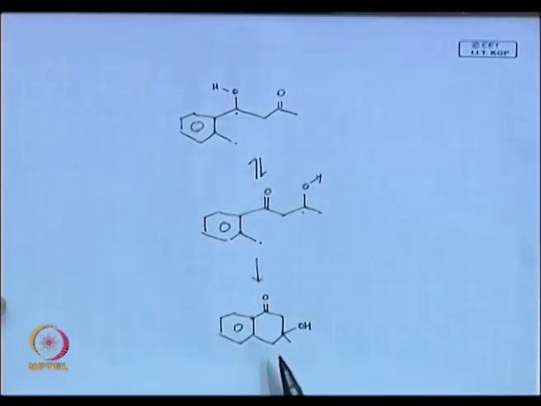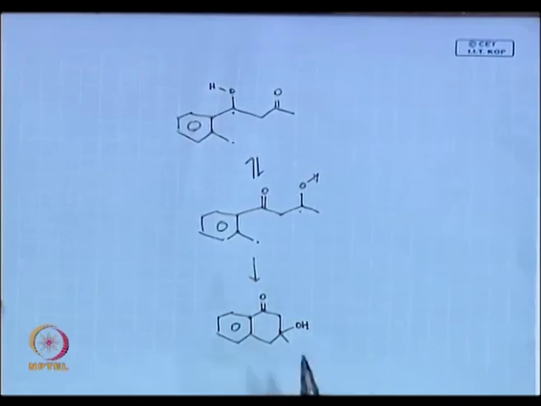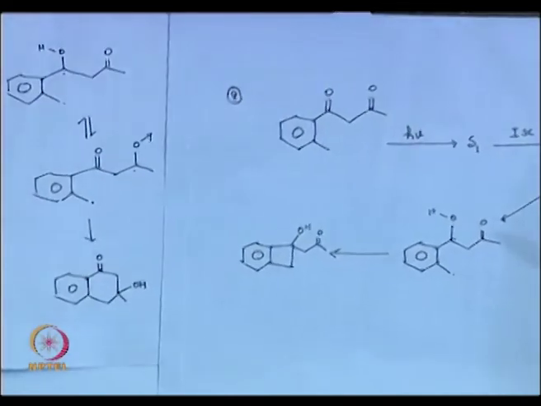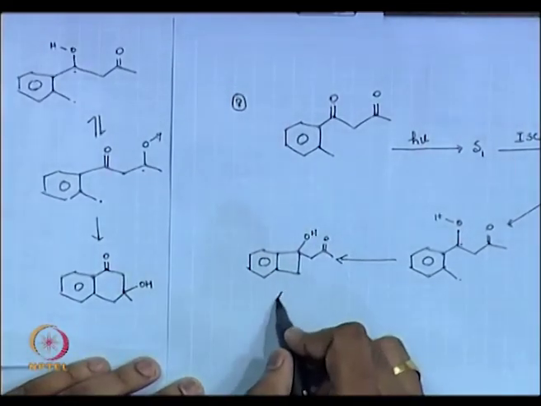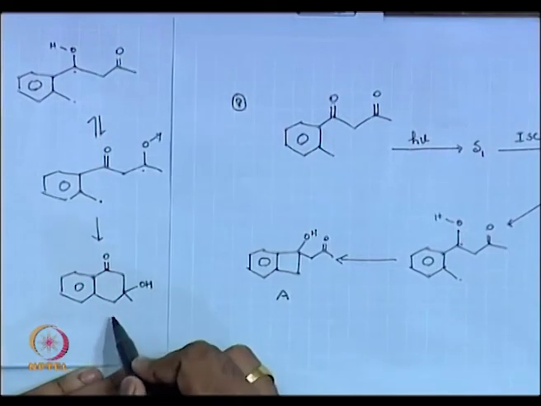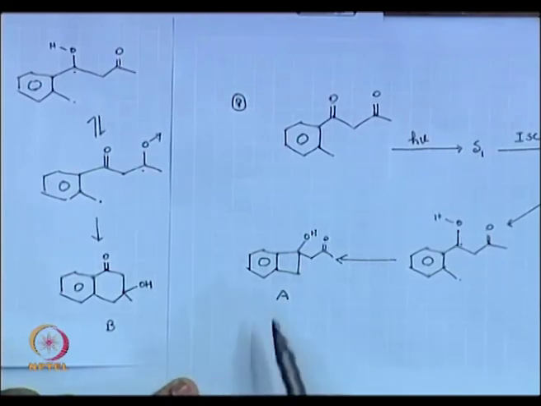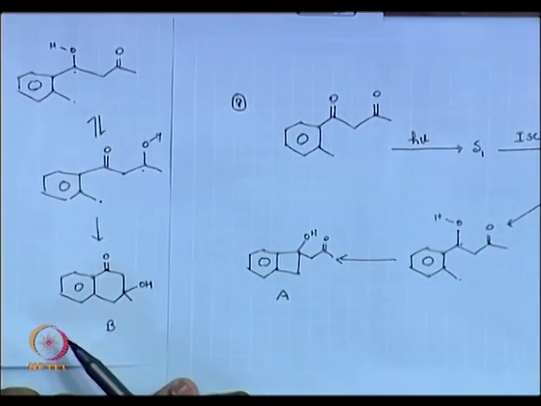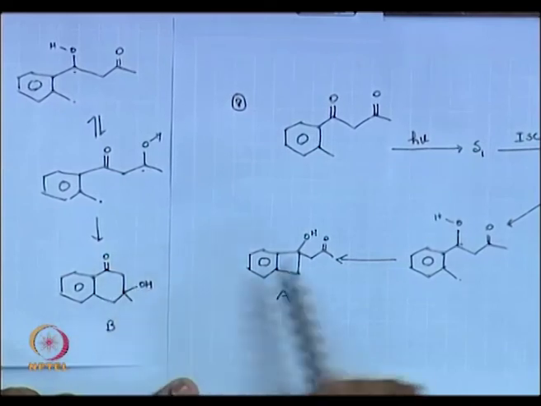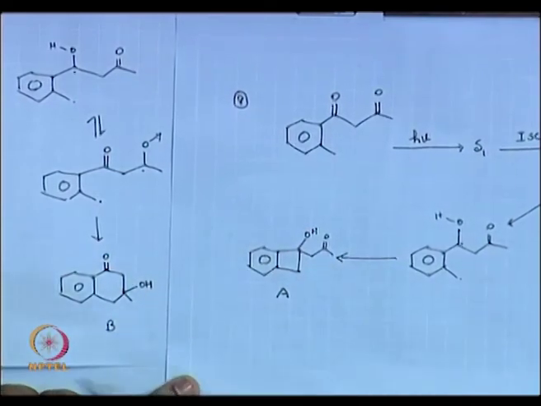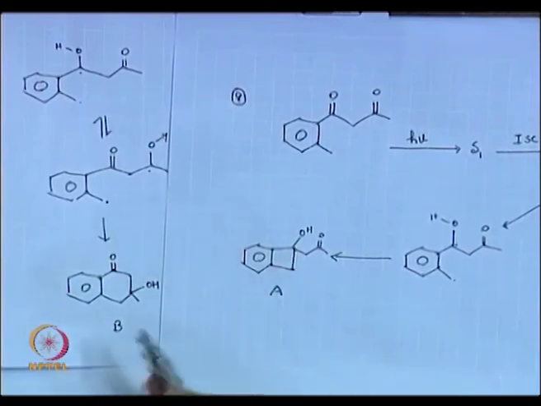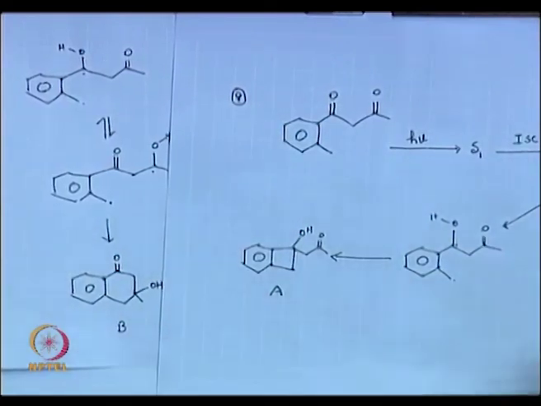See, now you understand how clever molecules are. We thought about having this product. We said this is the product, but the molecule is saying this. Now you understand. This is much more stable, so I prefer to take this direction than this direction. So there are many examples. If it has no choice, then it takes this ring strain to form this product. If it is given a choice, then it takes that path. Okay.